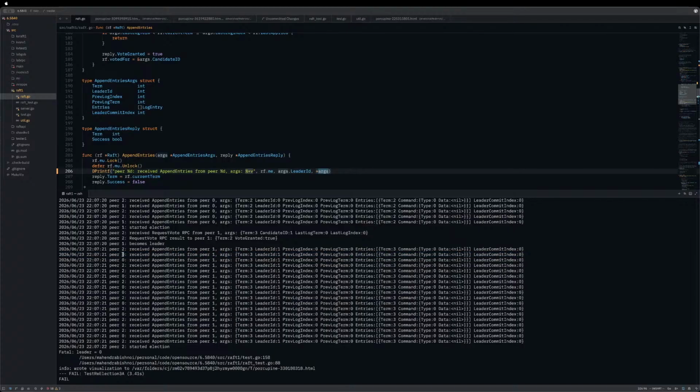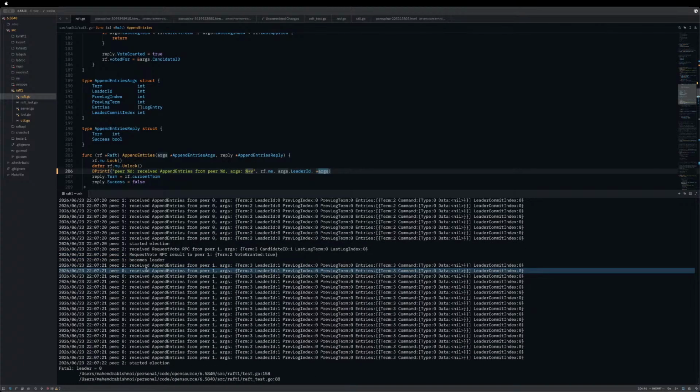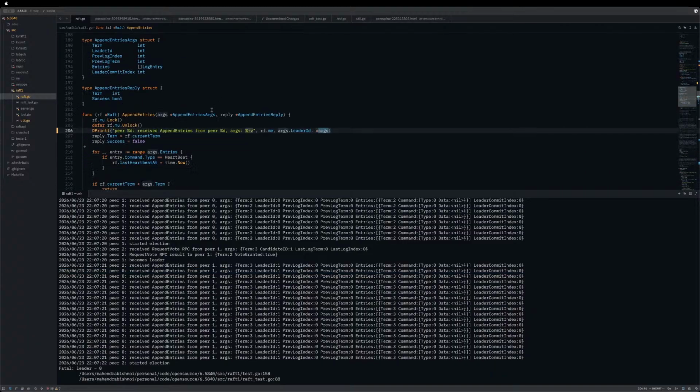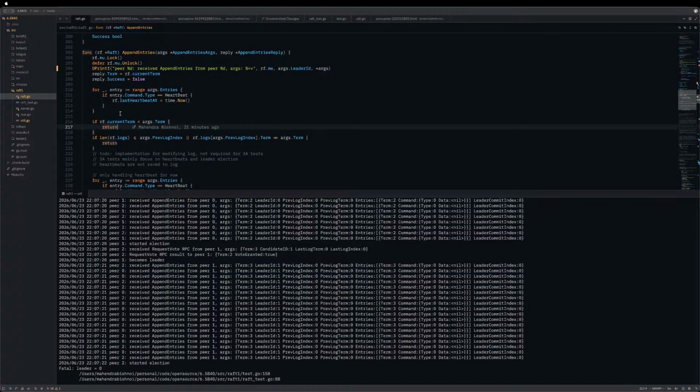Apparently peer 0 received append entries from peer 1, and peer 1 is at term 3, correct? That means, and it is at term 2, right? Received append entries. Yeah, we update here. If rf dot current term